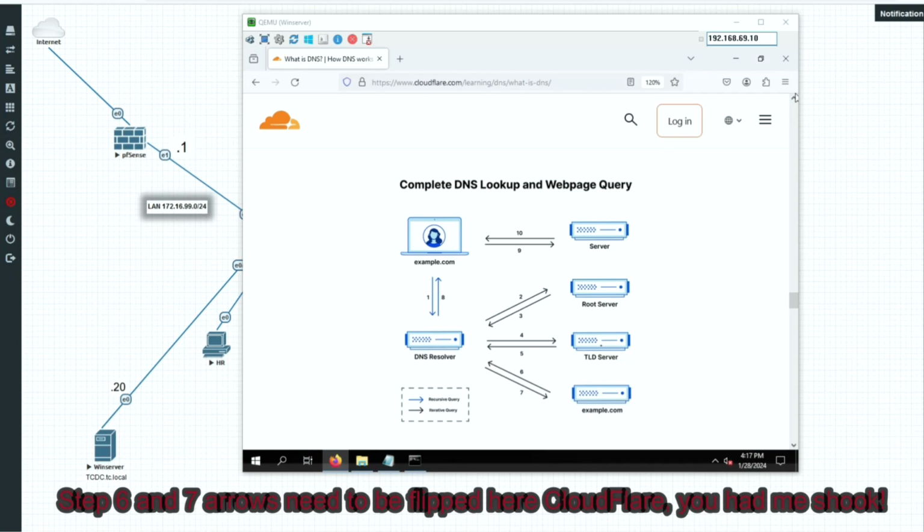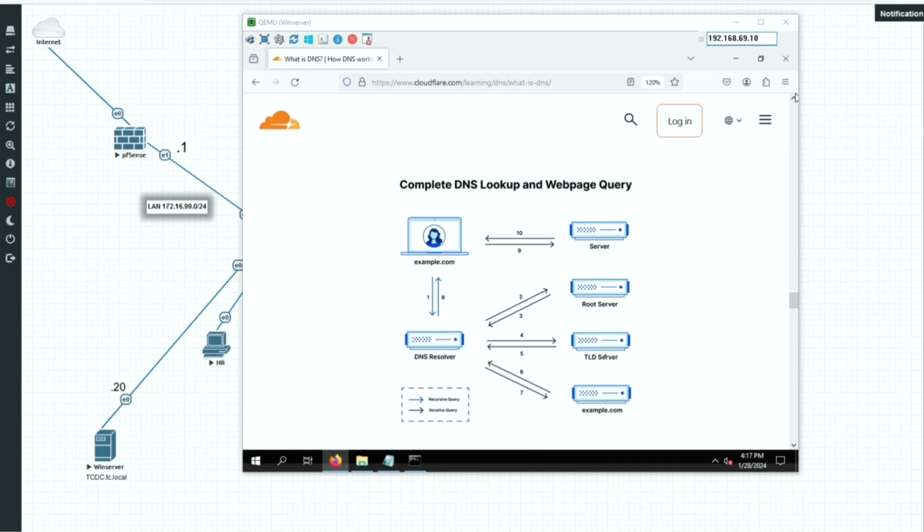And then the TLD returns the name servers for example.com back to the resolver. So then again, the resolver will take that information and it'll query the name servers for example.com